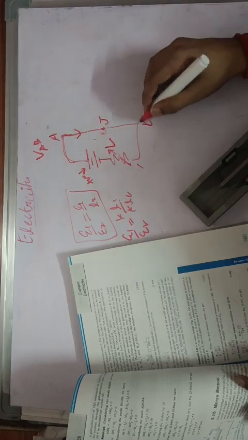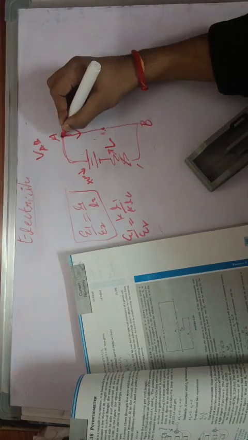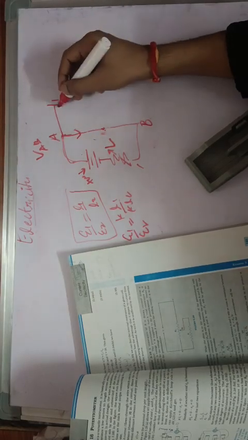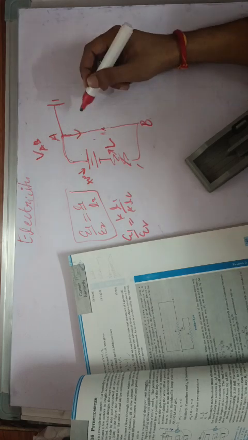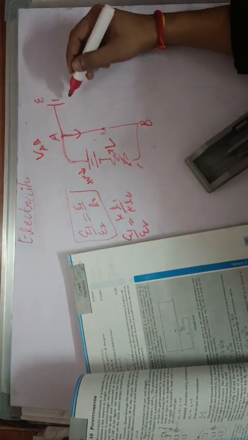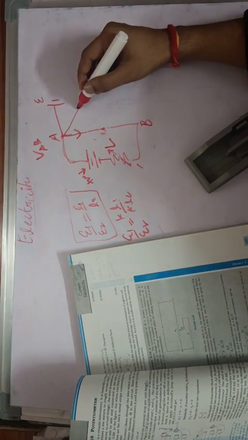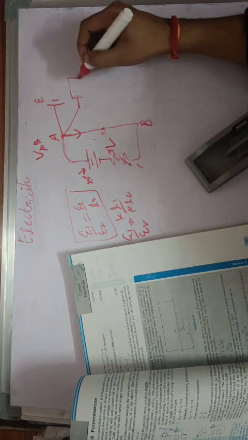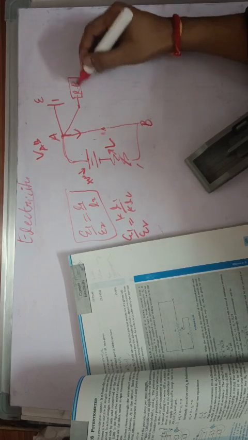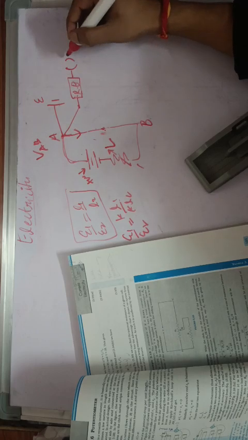This setup is same as before. This is A end, this is B end, and now what we do is that we take a cell here. Its positive end is connected to this positive end side, and it has, let's say, EMF E, and parallel to it we take a resistance box here. This is a resistance box which is taken parallel to it, and there is a key used,